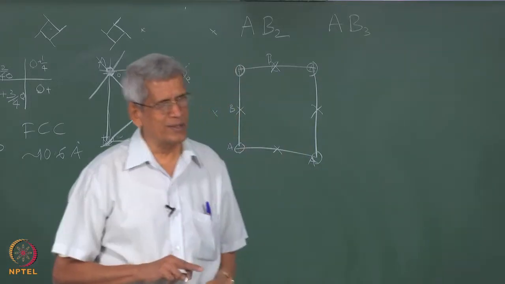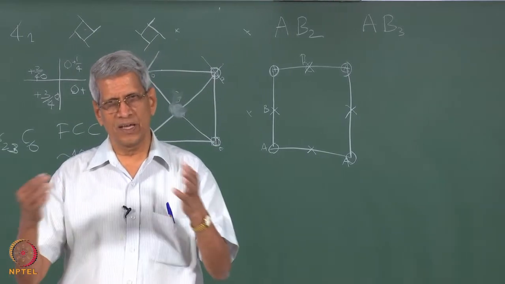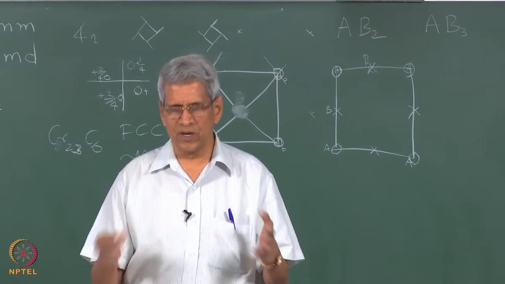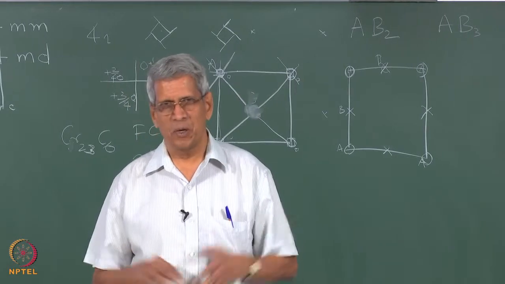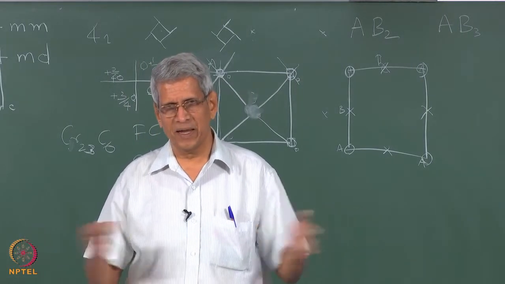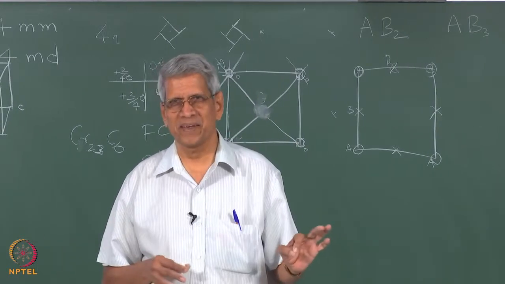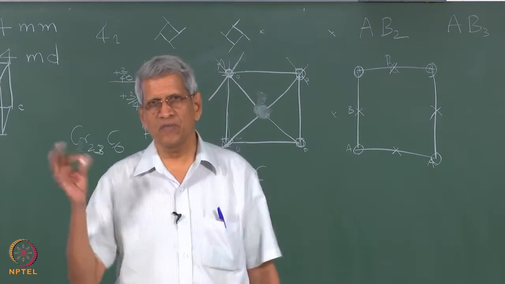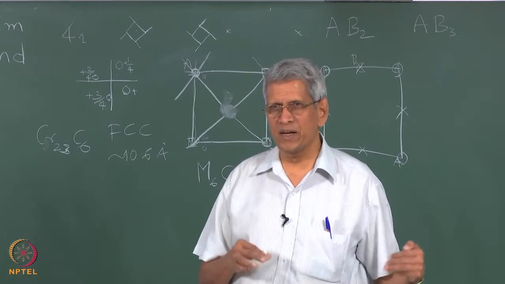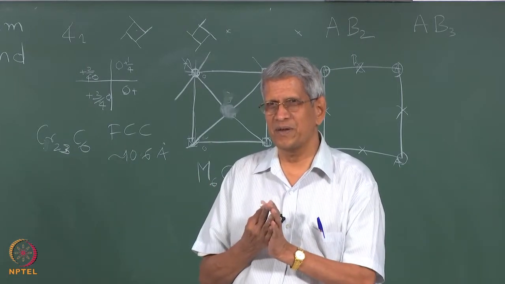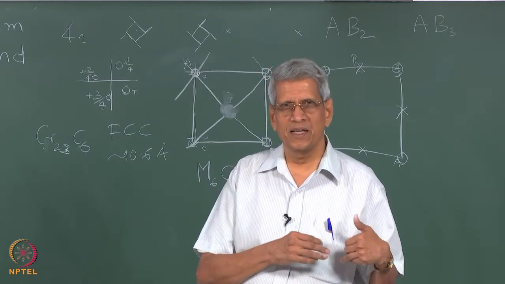These are all the things which, when we do experimentally, using either X-ray diffraction or electron diffraction or neutron diffraction, try to find out what these values of x, y, z will be, we can find out. But the symmetry remains the same. But that x, y and z immediately tells you what exactly is the position which atoms occupy, correct? That is what we get from diffraction experiments. That is why understanding this symmetry is important. First it tells that this is the structure it can have. Then when we get the diffraction data, you try to analyze it.